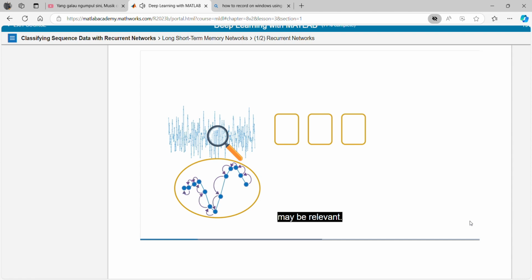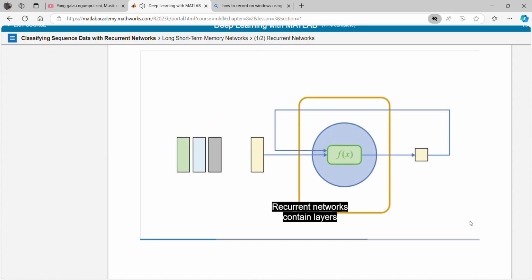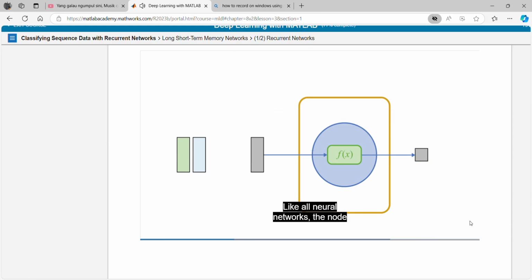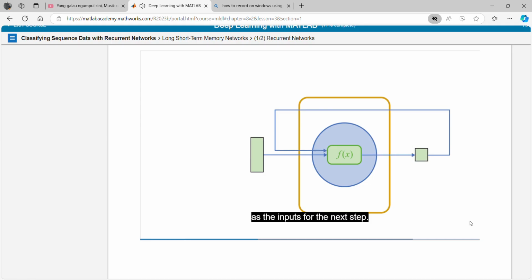sequence may be relevant. These networks are often used to classify data like signals, time series, or text. Recurrent networks contain layers that reuse the output from a previous step as input for the next step. Like all neural networks, the node performs a calculation using the inputs and returns an output value. In a recurrent layer, this output is then used along with the next point as the inputs for the next